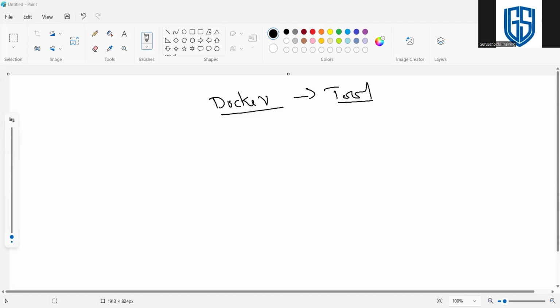That container is lightweight and portable. So when we use Docker containers, it simplifies the process of building, testing, and running applications by packaging them along with their dependencies.